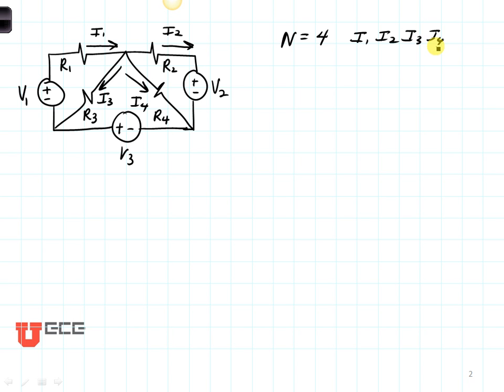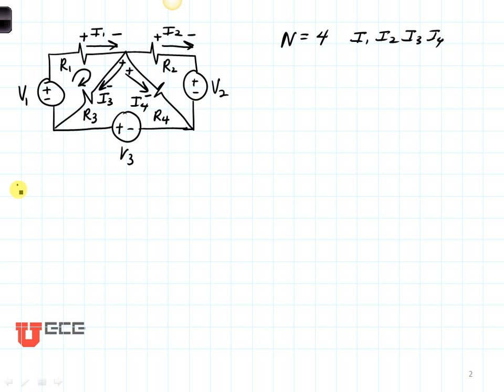How did I know which direction to define these currents? I didn't. I just guessed. I typically guess left to right and top to bottom. Once I've guessed the direction of the current, though, I can write the polarity, where the plus goes on the tail of the arrow and the minus goes on the tip. Now that I've defined the polarity of each of my arrows, I need to be able to write 4 equations for my 4 unknowns. Let's begin by writing loop equations.